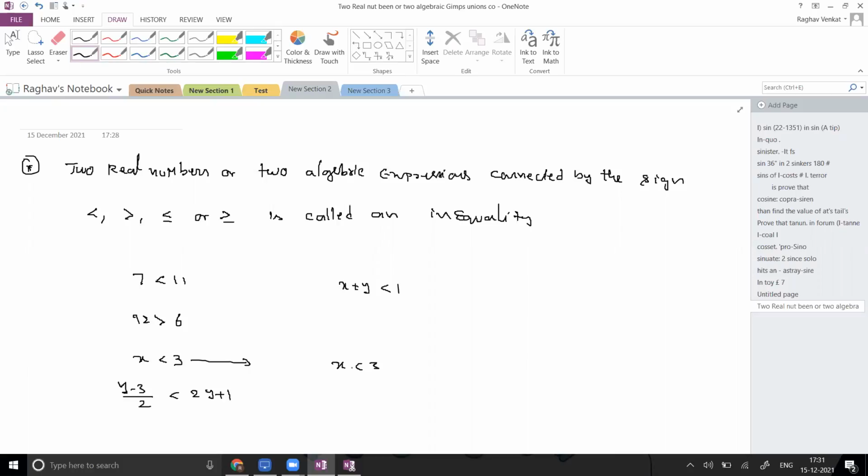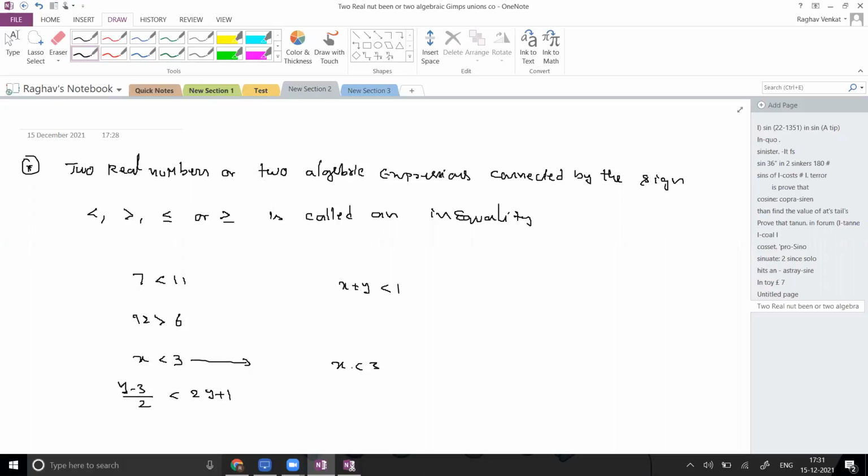But we can't always do it like this. We have to follow some strategy. Whatever equation comes, if you follow these steps, you will be able to solve it. Whatever quadratic or linear inequality is given, if I solve like this, I will get the expression. Understood what I'm saying? Are there any rules we already learned? Inequalities we already covered in 8th standard. I don't know whether you can recollect or not. There are some rules. When you're doing equalities, you can multiply both sides by the same number, divide both sides by the same number, and add or subtract on both sides. Here also there are certain rules, which are not exactly like the equality symbol.